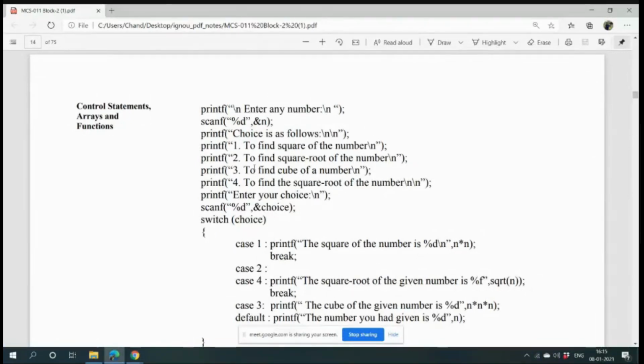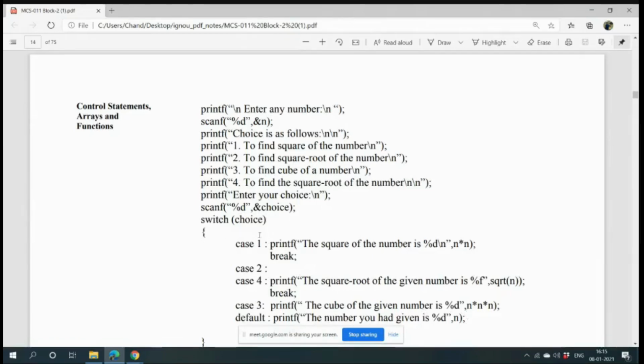Suppose choice equals 1, then case 1 will be executed. Choice 2, then case 2. Choice 3, then case 3. Choice 4, then case 4. Suppose you have not entered 1, 2, 3, 4, you have entered 7. Then what will happen? Then this default statement will be executed.